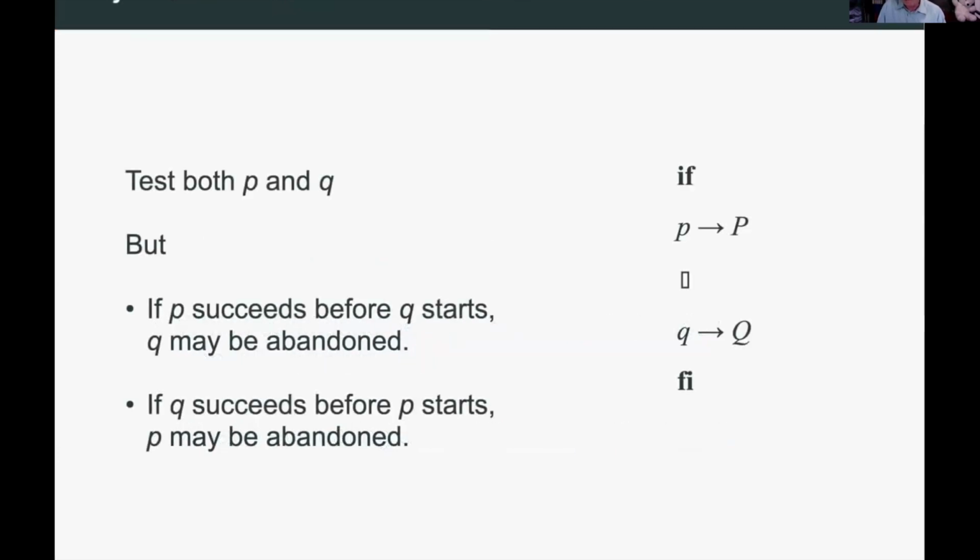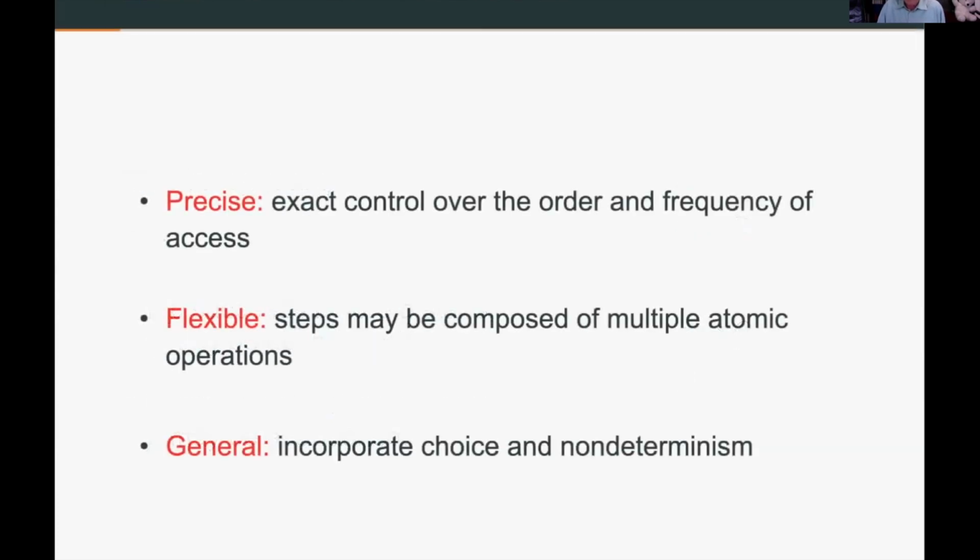So, for example, if you just have two cases, P and Q, perhaps I want to test both of them. But if one of the tests succeeds before we even begin, before the other one, Q, starts, just because things are happening asynchronously, then we can abandon the alternative Q because we already know that P is true, and we'll do the capital P actions. And there's no need to also test Q. So I want to be able to say that the conditions are tested only if they have to be, but if not, then we can skip it. If we already know that, we can skip it.